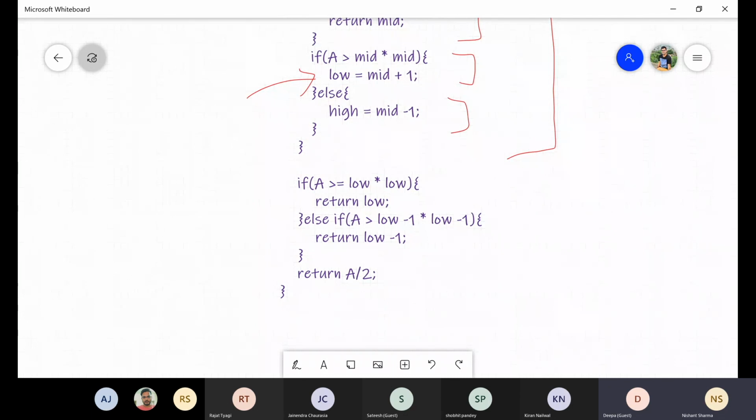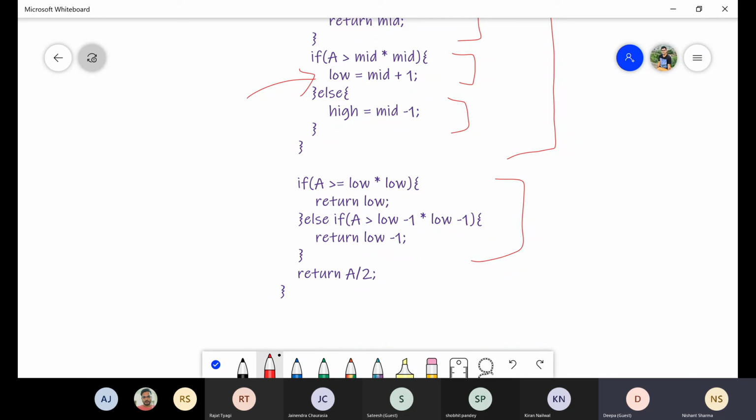So suppose if a is greater than or equal to low into low, it means this is our answer. But if this condition does not hold, we can reduce low to low minus 1, and if that condition is satisfied, then the answer is low minus 1. These two cases will make sure you get the answer.